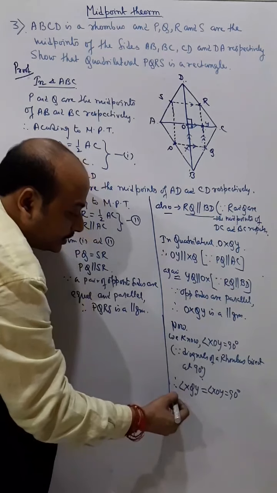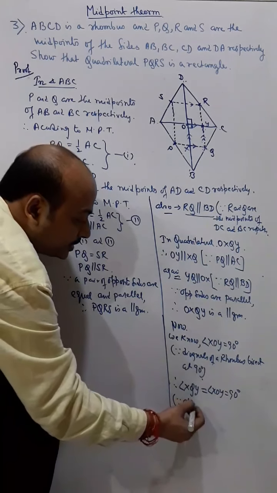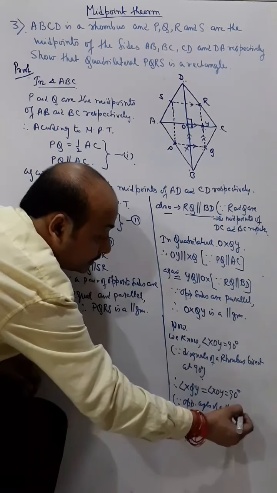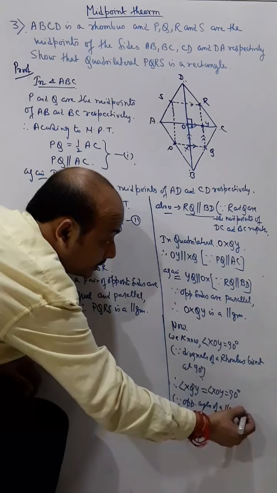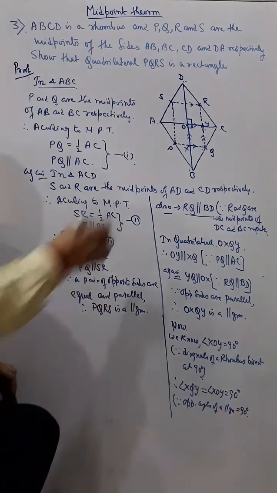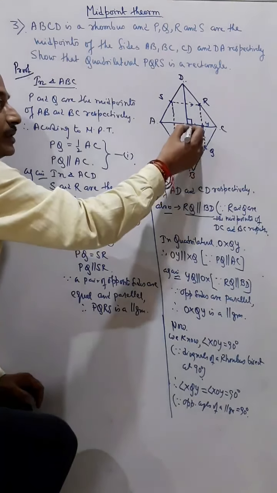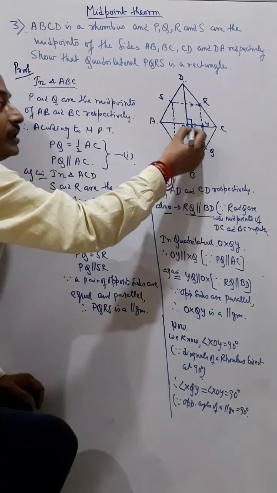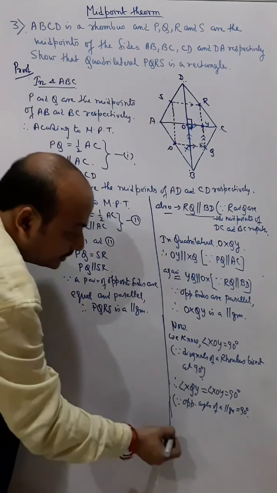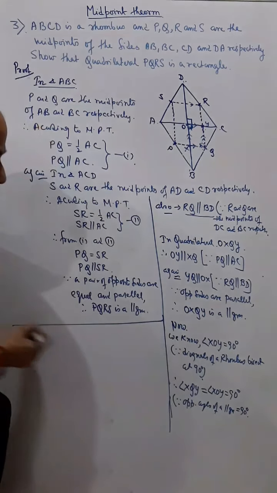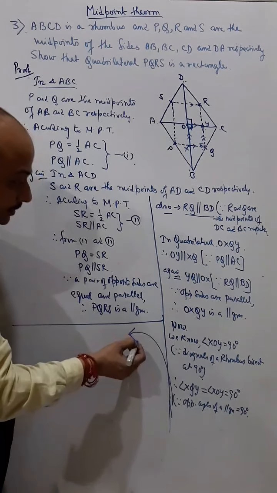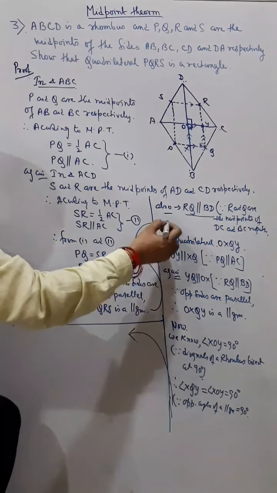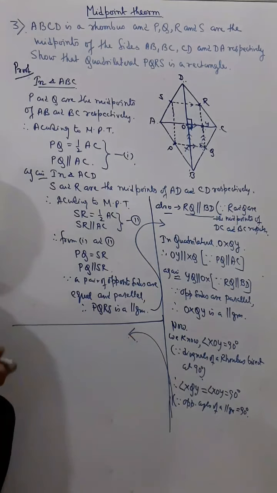90 degrees. Why? Since opposite angles of a parallelogram are equal. So that means if this is a parallelogram, and this is 90, the opposite angle will also be 90, because opposite angles of a parallelogram are equal. Now we can see, after this you come here. From here first you will go there. After copying this, from here you come here.